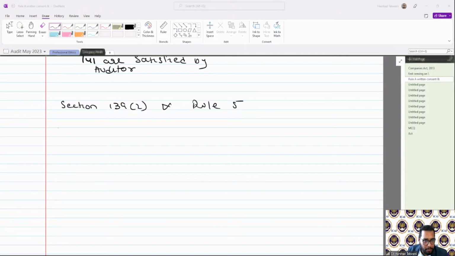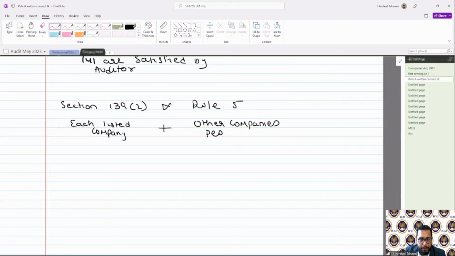Each listed company or other company prescribed by the Central Government, these companies shall not reappoint,